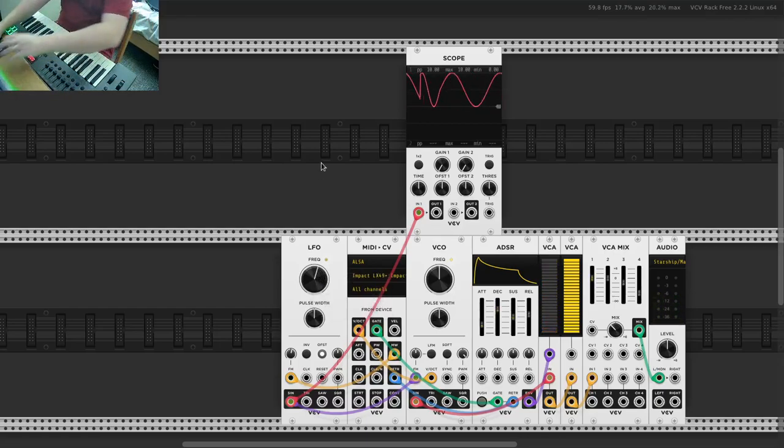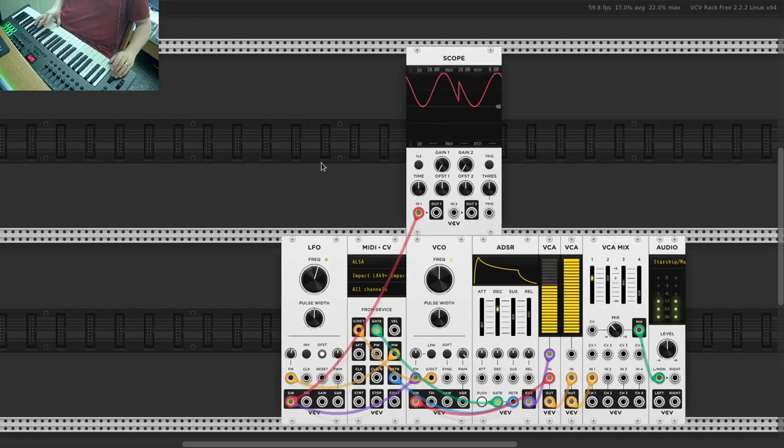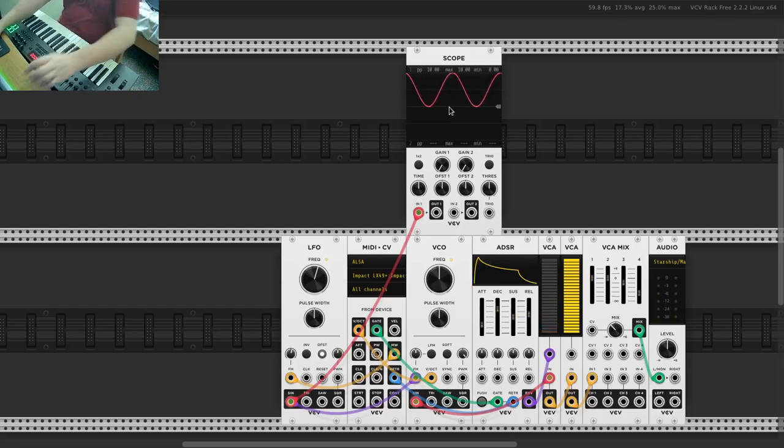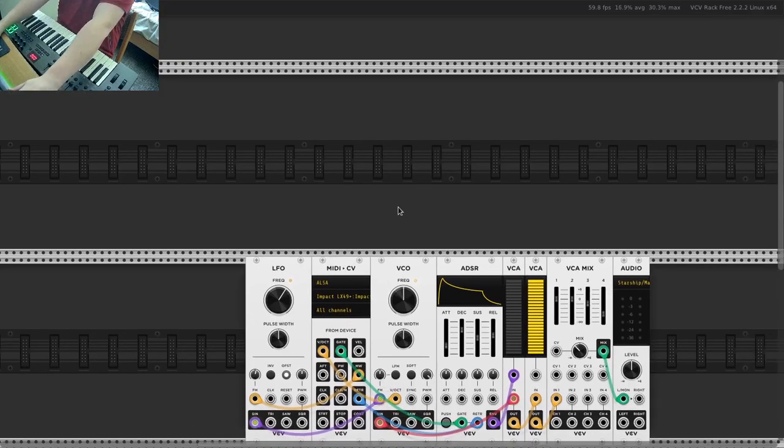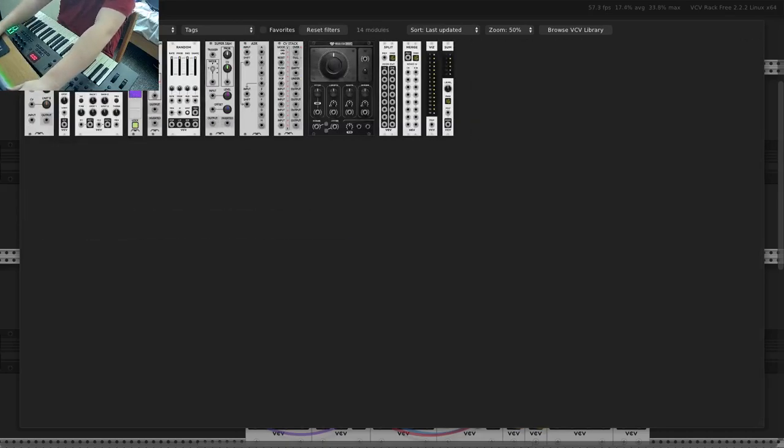And maybe bring that down to 4. Yeah, and we can change that just using this mod wheel, change the frequency of that. Now the pitch wheel, as its name suggests, is usually reserved for pitch. Let's bring it down. So we can take this pitch wheel output and put it through a voltage scaler